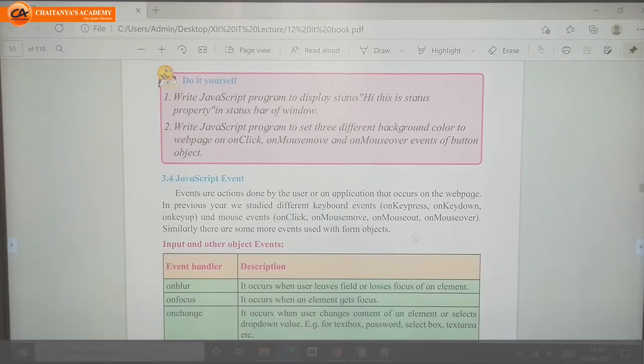Once I keep the mouse on that button and then move the cursor out of that button, the onmouseout event will be called. Suppose this is a button and I keep the mouse pointer on it, then at that time the onmouseover event will be called.